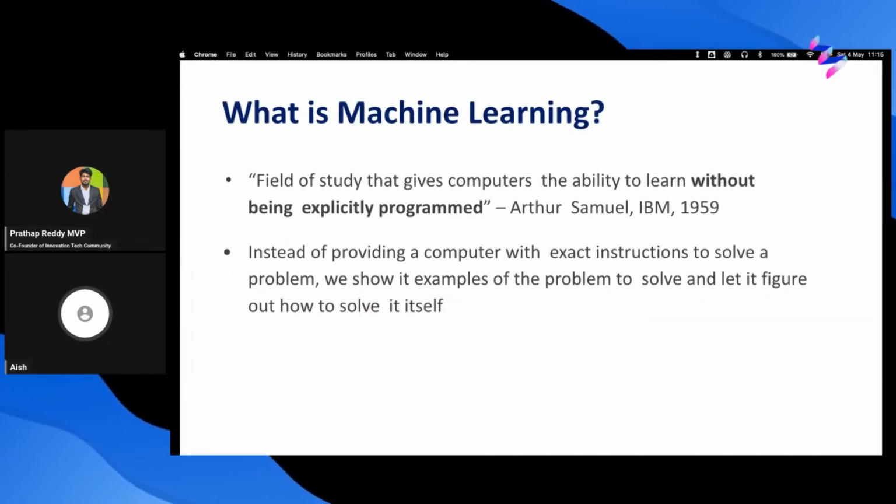So just to give you, this section is really, really important because this is very basic. To give you an example, if you have a small baby and you want to teach it how to recognize cats, how do you do that? You show it images of cats, in cartoons, in storybooks, in real life, and you point to it and say, hey, this particular thing in the storybook is a cat, and the baby understands it on its own. This is similar to how machine learning works.